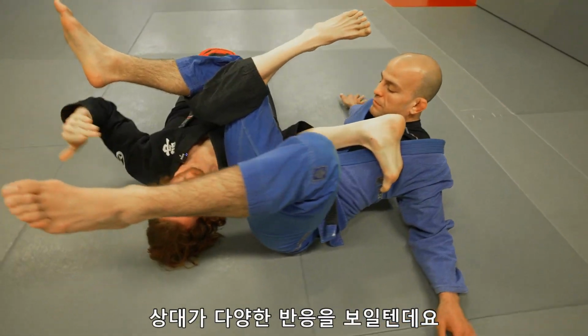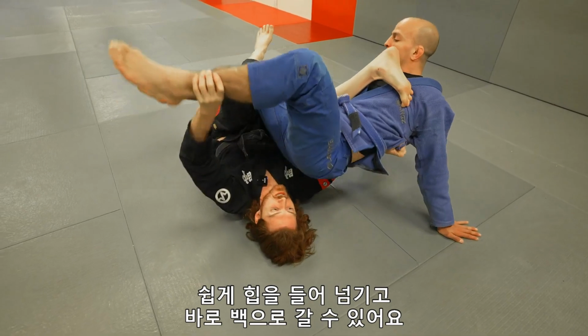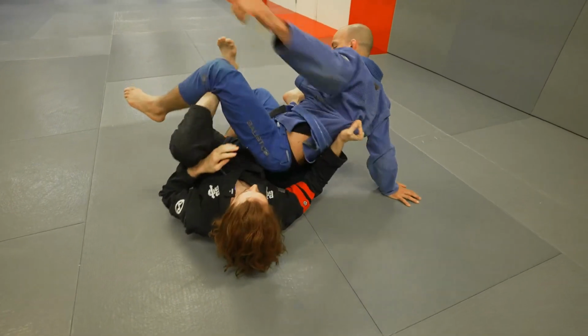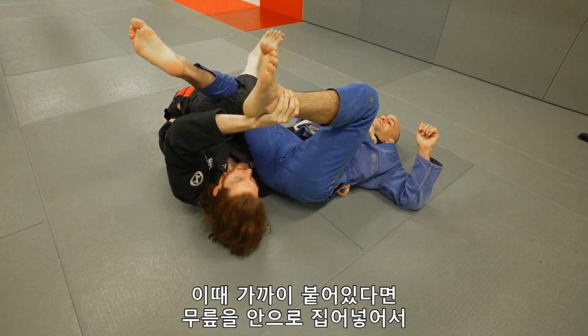People will have many different responses. Stay up on your hands. Some people here, if they stay up on the hands, I can grab this leg, and it's very easy to lift their hip over and go straight to the back. Go back where you were, right? Some people, when I get here, he'll go flat back like this,